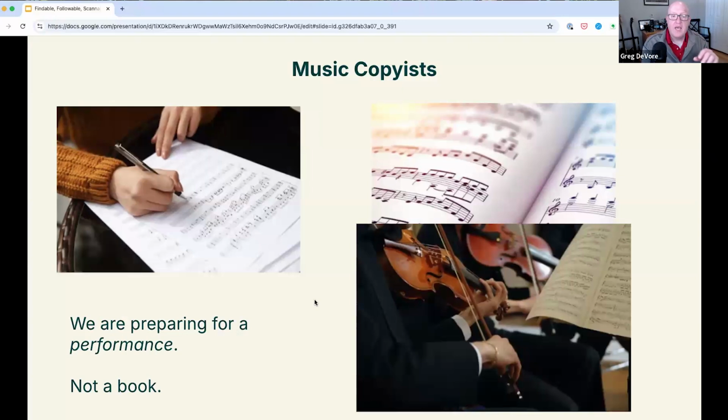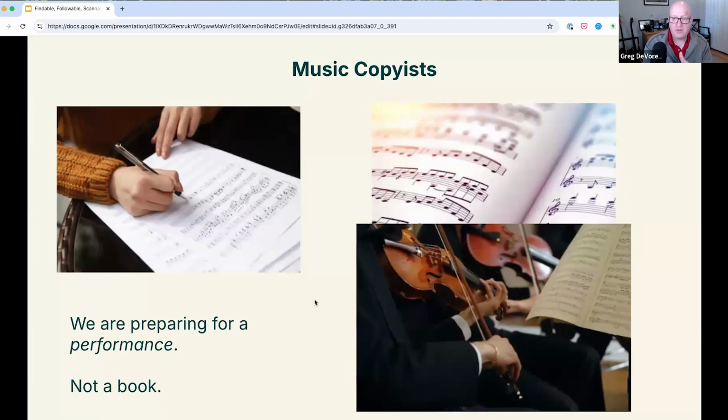film music. And when you're preparing music for a performance, it's not just about making sure that the notes are on the page. You are designing this with that performance in mind, because when you've got a studio full of 100 or so musicians, if somebody makes a mistake, that costs a lot of money when we have to go back and redo a take. And so you're designing the sheet music so that they can get it right the first time.